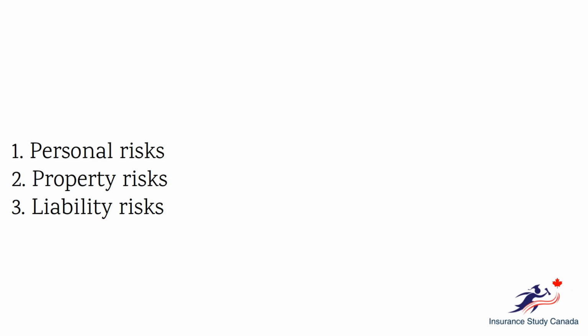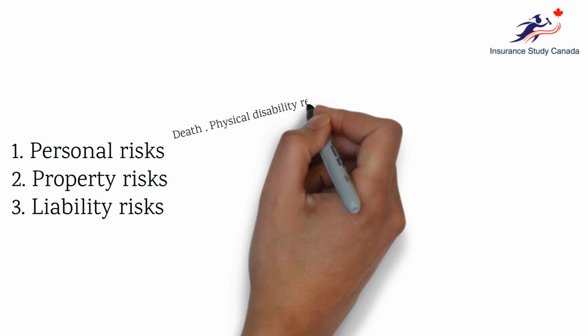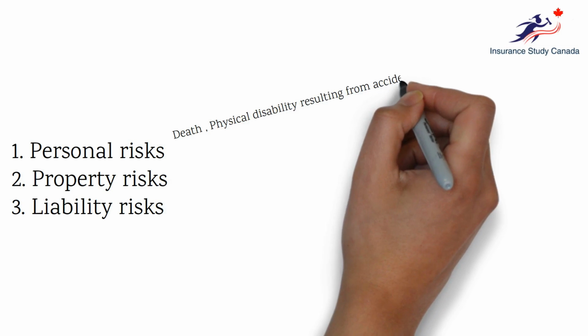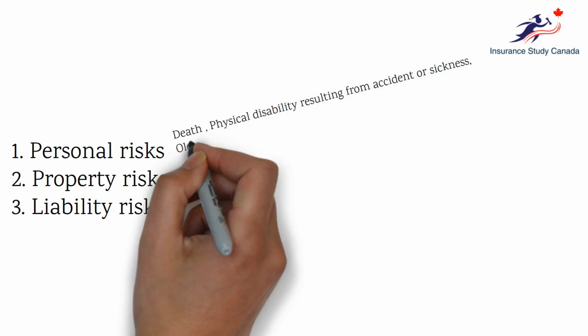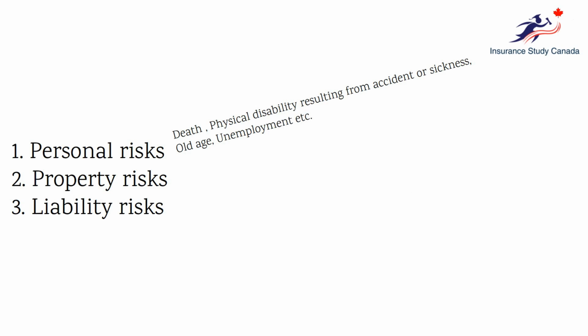Personal risks are those where the chance of loss arises from the person's bodily injury, loss of life, or loss of income. For example, death, physical disability resulting from an accident or sickness, old age, unemployment. Property risk. Property risks are those where the chance of loss arises from the destruction of the property